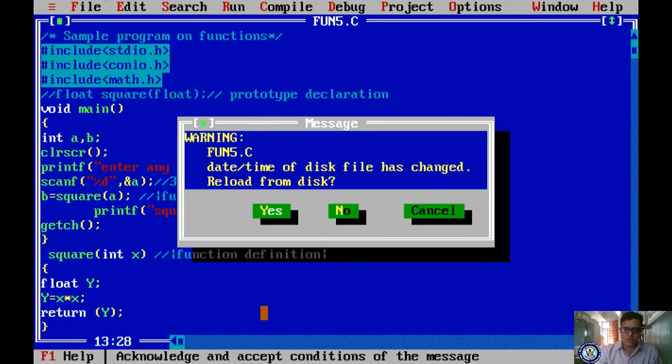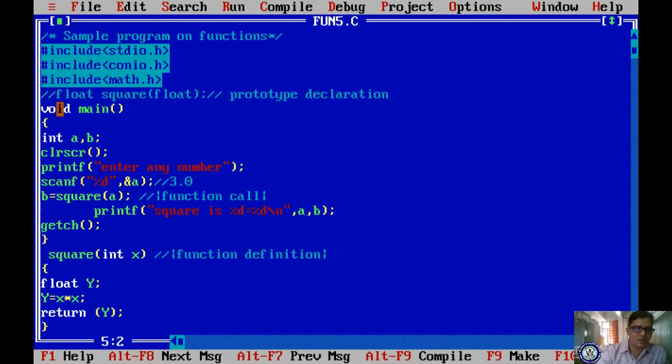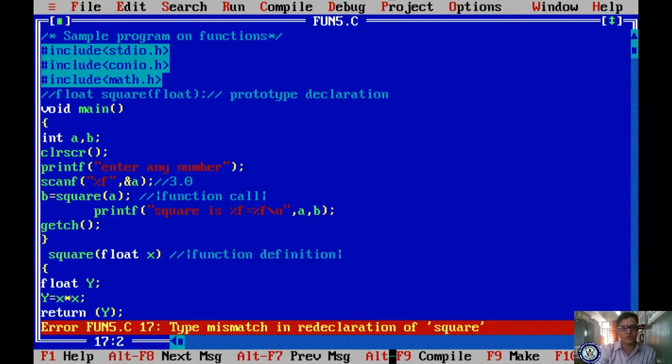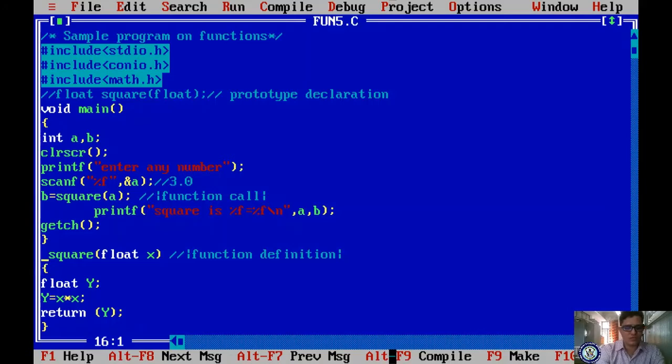Got it? Yes. If you want to perform other than the integer operation, please make a note, I am modifying this f and I am modifying here float. Then compulsorily what is required? Prototype declaration is required. Okay, here it is percentage f and here also it is percentage f. Right, I am processing in float. Got it? If you want to perform other than the integer, then prototype declaration is compulsory. Got it? So that is why here it is a mismatch, and you just give it as a float.